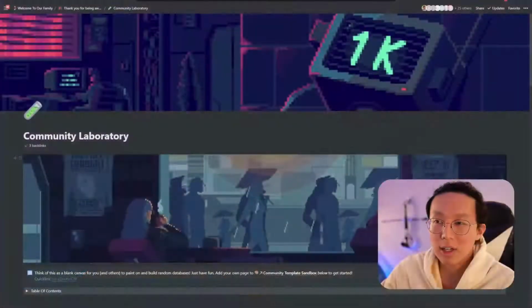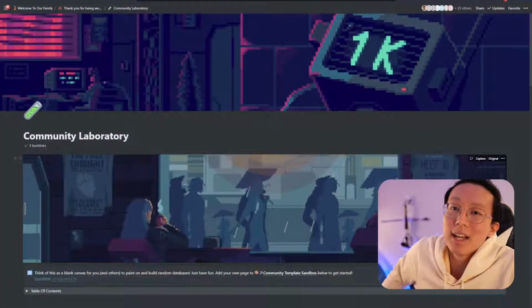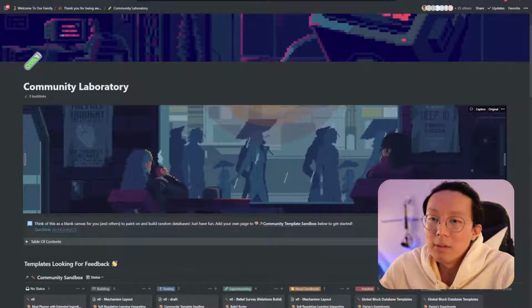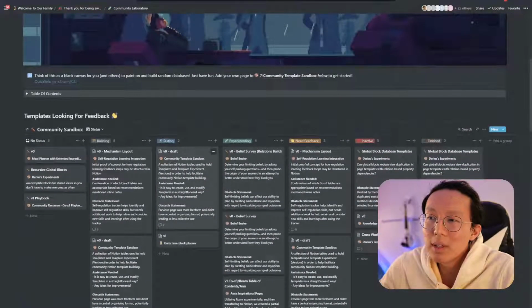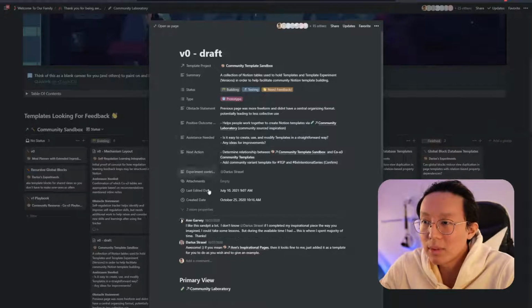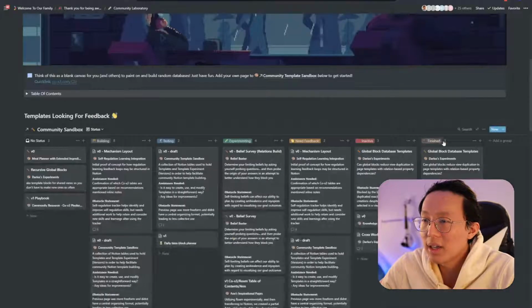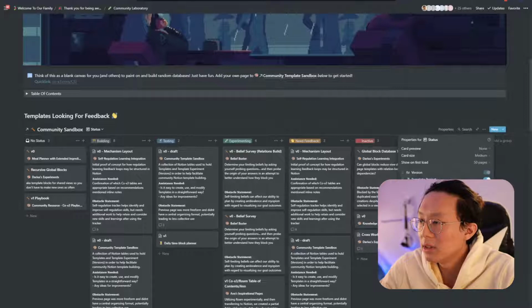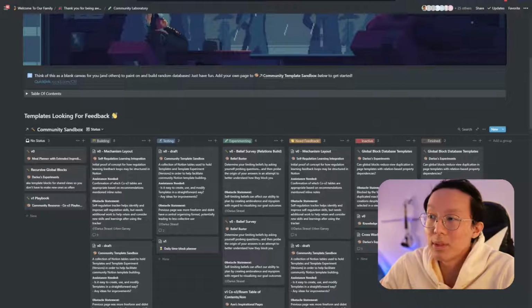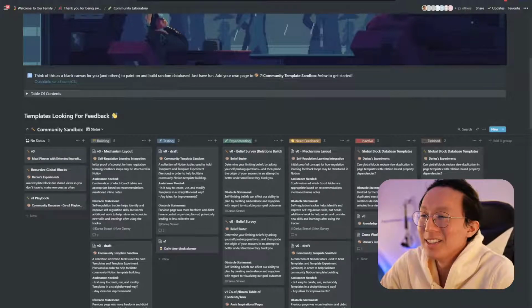So jumping in right now, you can see that I'm inside our community laboratory. And inside here, we basically have a few templates that are currently being worked on by various members of the community. And actually, if I want to show who's working on what, maybe we can show that by a created by person. I realized that we didn't have our experimenter contributed by. We can use that. So let's go into experimenter contributed by. And you can see who is each person that's throwing in each different